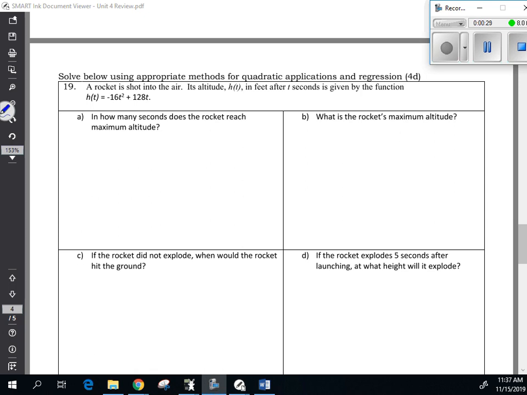What you have to think about is, the rocket is shot from the ground, it goes up, it comes back down again, okay? So where is the maximum height? It's going to be the vertex of your parabola. You have two ways to find the vertex. You have a formula: this is going to be t comma h, that's your x value and your y value. To find the x value of your vertex, t is negative b over 2a. So in this case, your time is going to be b, which is negative 128,